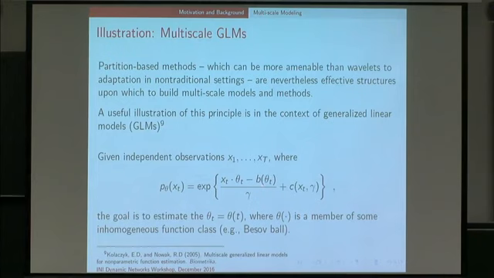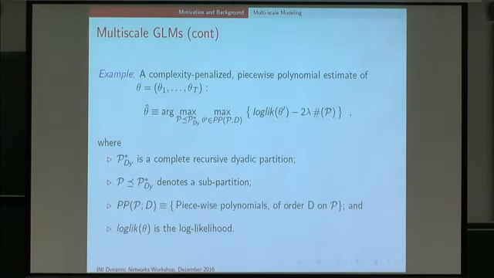This would be time indexed as well, but now P of x_t has an exponential family form. Typically you would say the function through which you're getting these discrete theta_t's over time is a member of some sort of inhomogeneous function class, like a Besov ball or something like that. That would be, at that point in time, the bell that would suggest multi-scale wavelets, right? It also is something that could suggest piecewise polynomials on the type of partitions that I'm talking about. Turns out from an approximation theory point of view, they have exactly the same properties, and therefore you can use one or the other from the point of view of the risk theory.